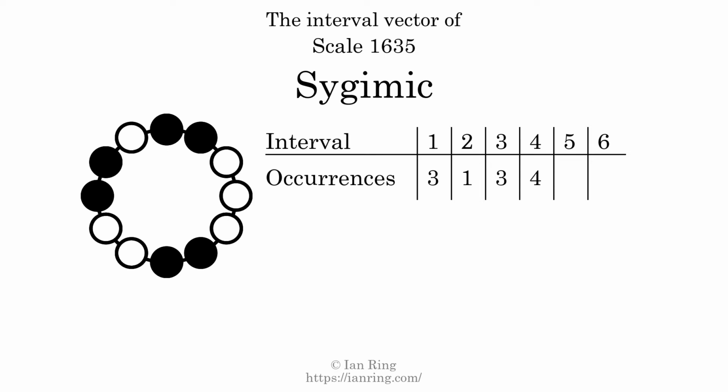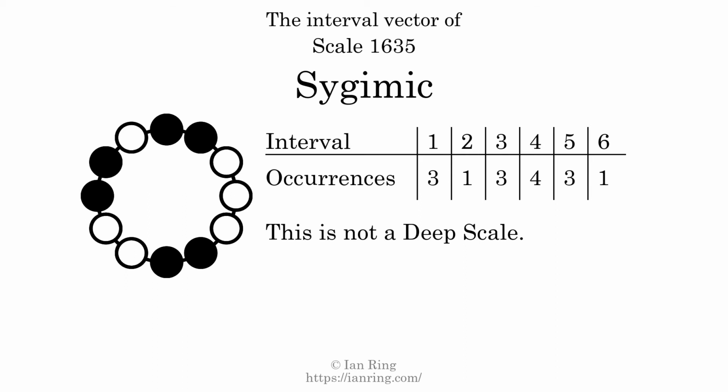There are 4 intervals with the size of 4 semitones. They are here, here, here, and here. There are 3 intervals with the size of 5 semitones. They are here, here, and here. There is 1 interval with the size of 6 semitones. It is here. Each interval does not appear in this scale a unique number of times, so this is not